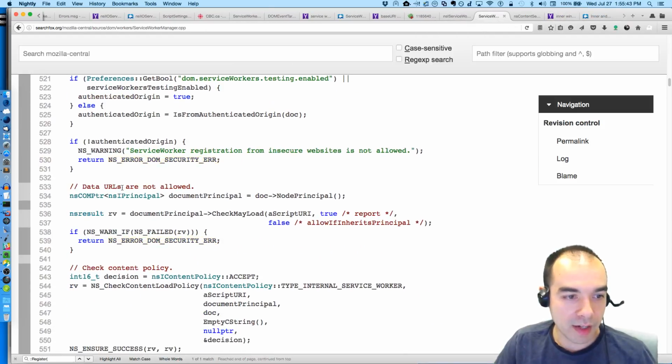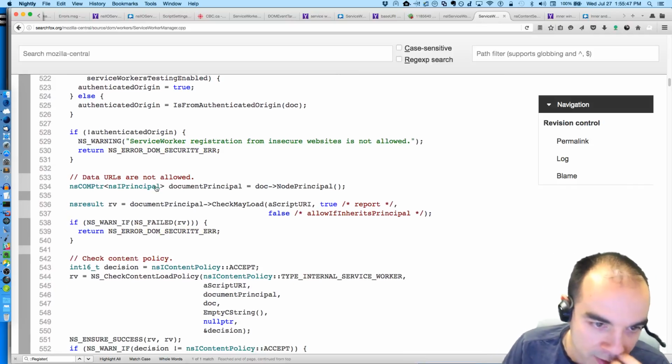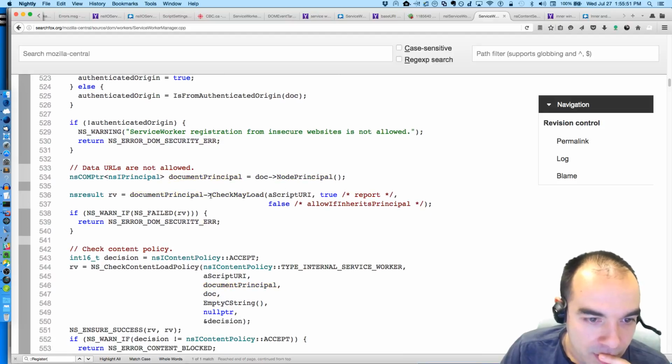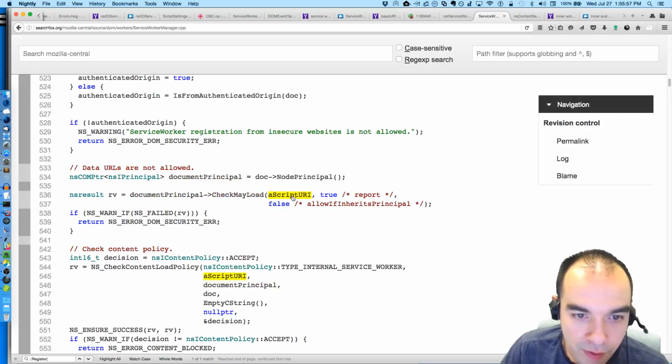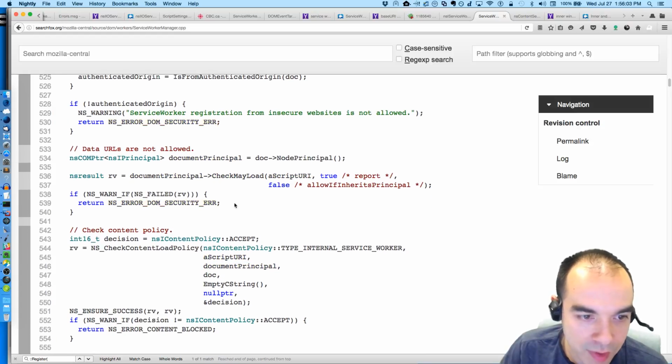Okay, data URLs though are not allowed. So the document better have a node principal, check may load. Make sure that the document can load the script URI that's been passed. So we do this sort of security check. And if not, we say a security error.